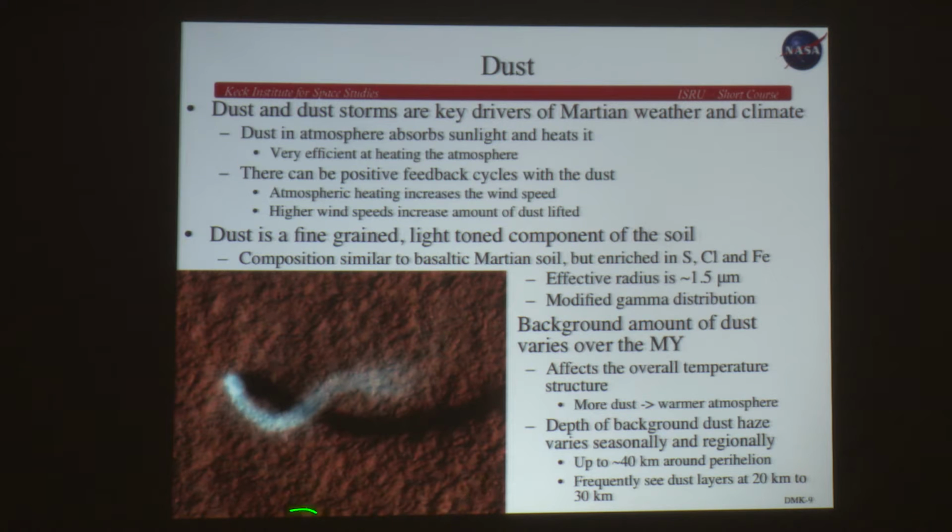This, I should say, is an image from HiRISE of a dust devil on the surface. These are very common. We see the tracks behind them. This particular one was particularly nice. It was captured in the image, and you can see the dust devil here, and behind it the shadow. This one goes up to order 20 kilometers in height based on the shadow length. There's a diffuse top up here as well that's not as easily visible in this image.